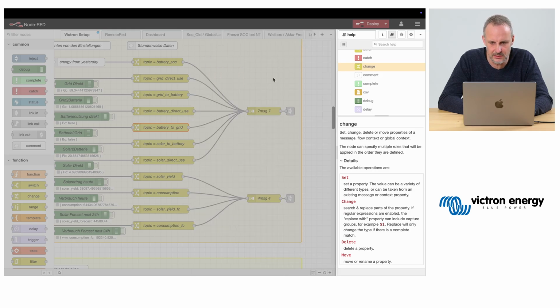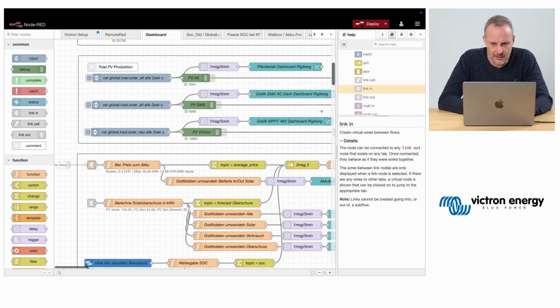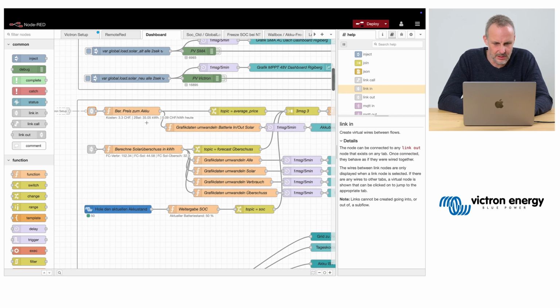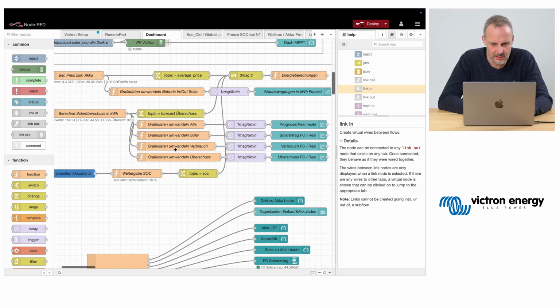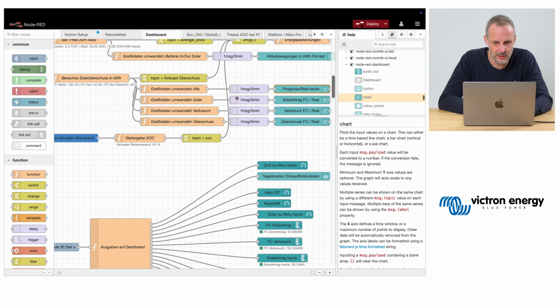This is adjusting the message topic, and then it passes this through to a dashboard, does some calculations with it. So it shows all the data which comes from VRM on a separate dashboard.